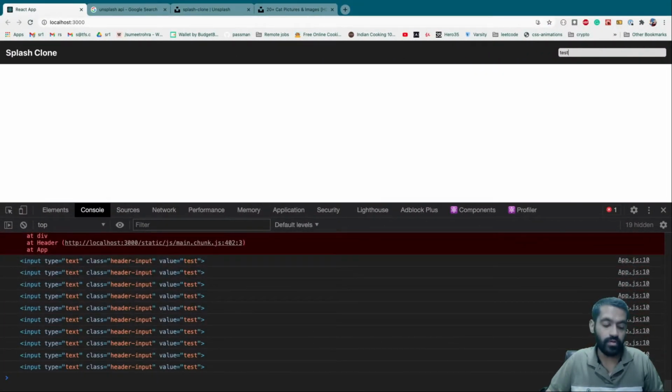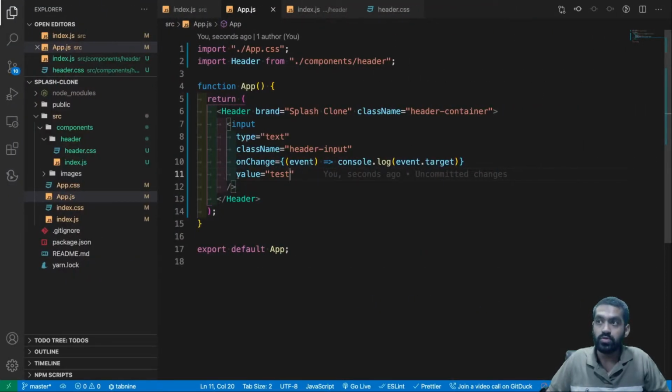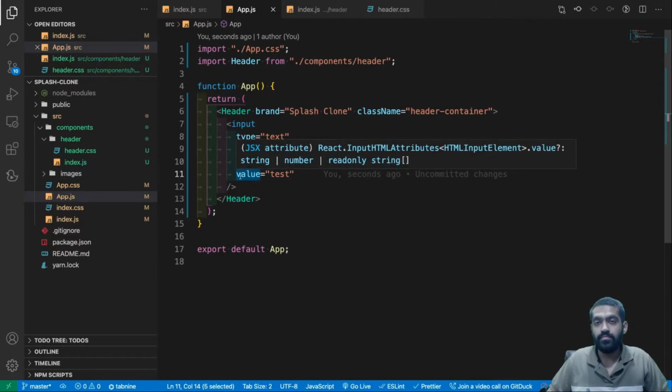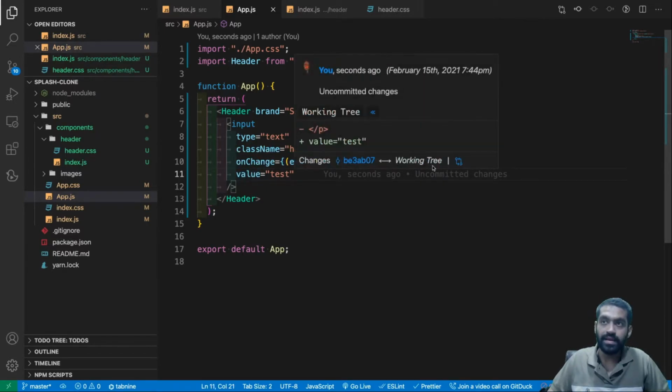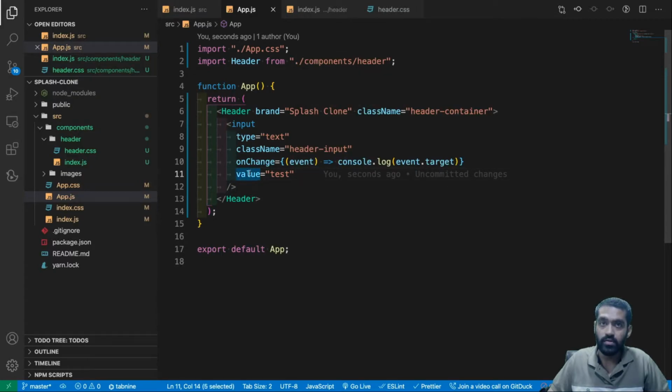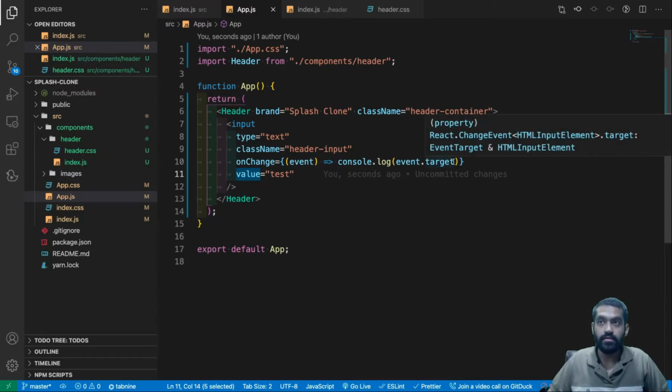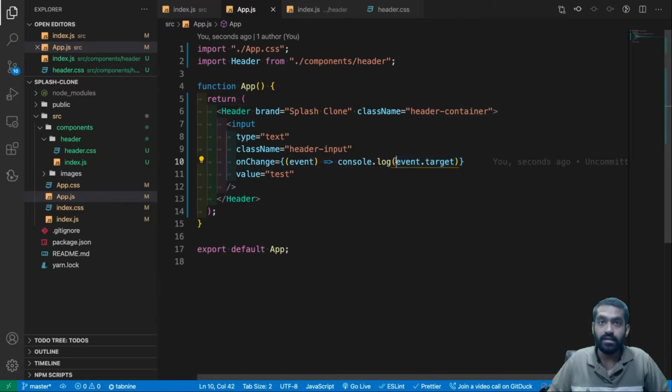Whatever we do, the value always remains test. So this value prop basically tells the input component what your value should be. We need this value from the input, as we want to make the API call, and event.target is the input tag itself, so it might contain this value.